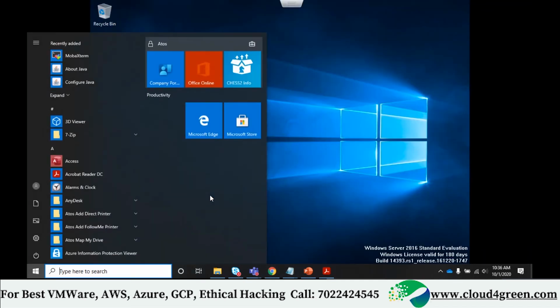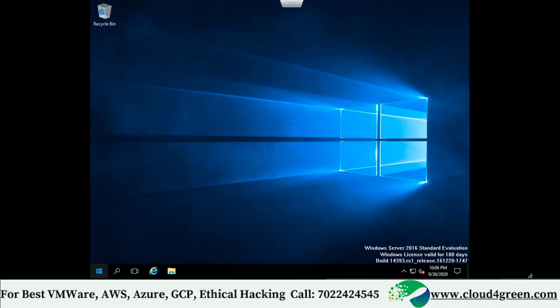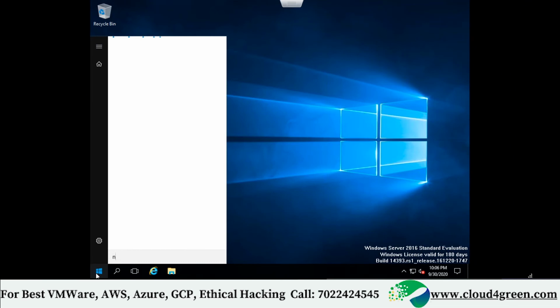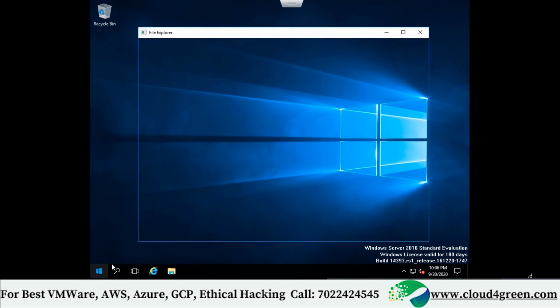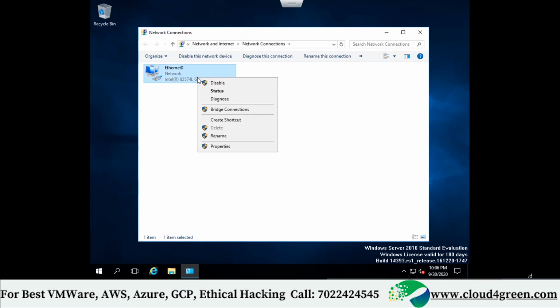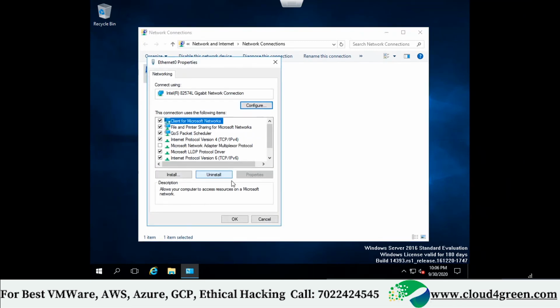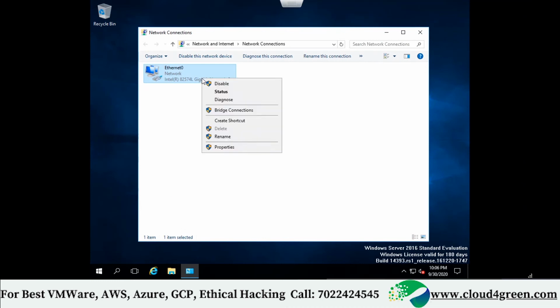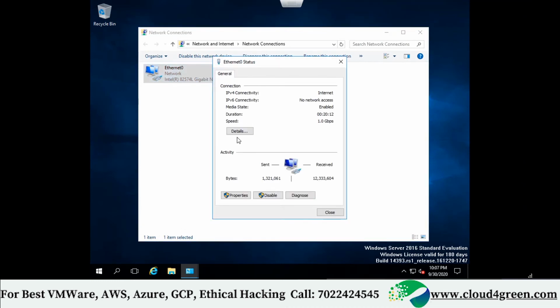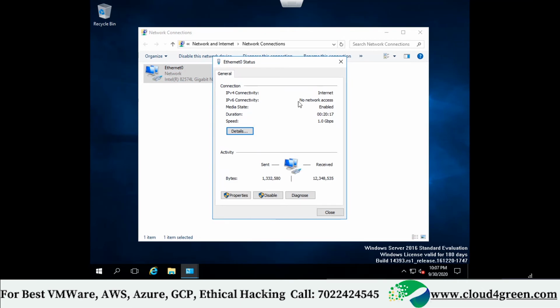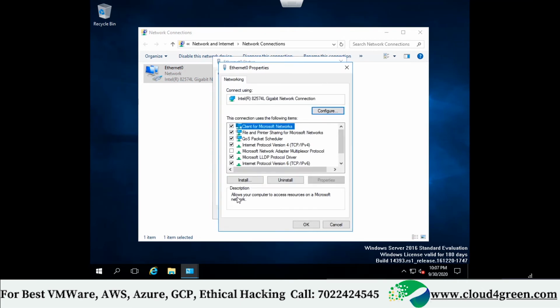I'll navigate to ncpa.cpl. Okay, network connections open, right? So here what we should do is we should make some changes. So first let's see what is the IP it is released with. Details 141. Okay, I'm gonna do everything same except the gateway IP address, gateway and DNS IP.